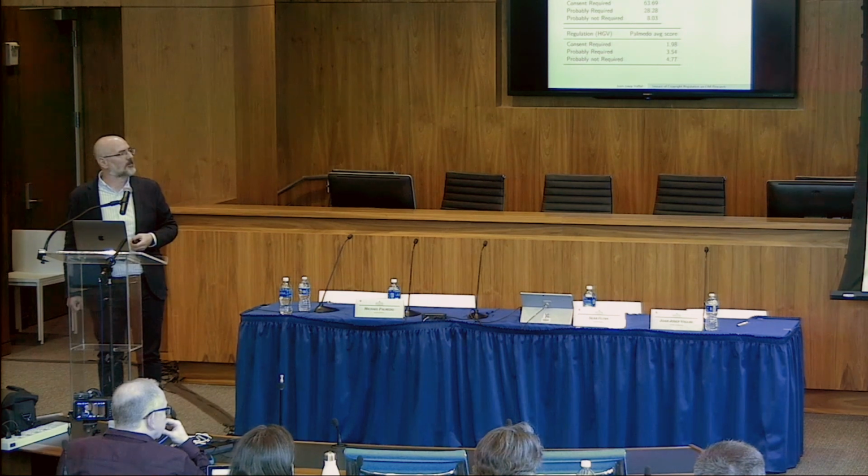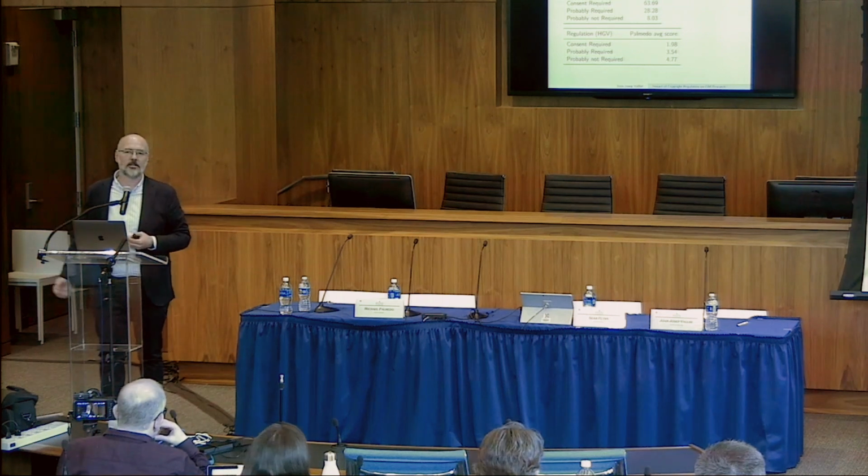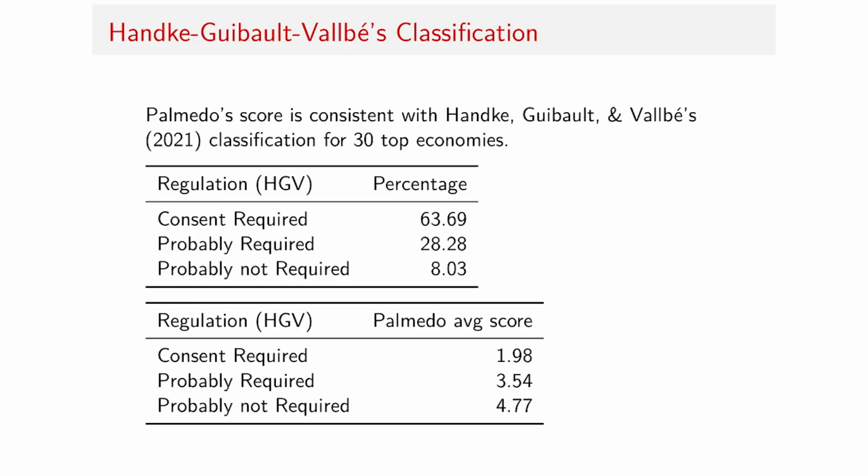And then we built 4 categories, going from consent required, probably not required, and the last one, not required, which I just collapsed into probably not required because it only represented 6 observations across the whole period, regarding the UK and Japan at certain moments. So the most frequent category was consent required, and the least frequent was the most open kind of legislation. So the first thing that we did here is to test Mike's score system against our former classification